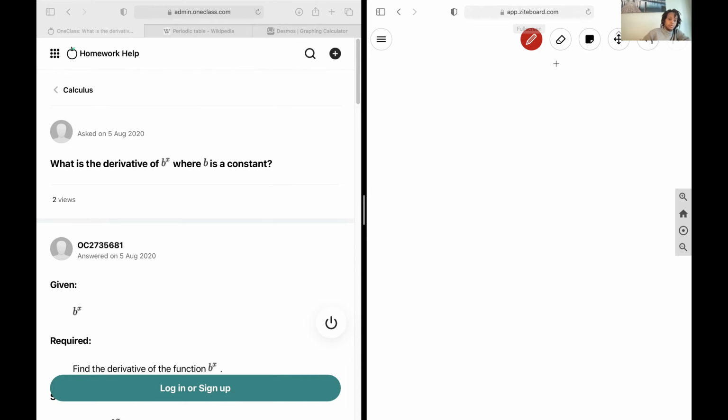Okay, next up we are going to look for the derivative of b to the x. And so how we're going to do this is we need to note, let's say y is equal to b to the x, right? Let's take the logarithm of both sides. It can be to any base. So let's just use base 10. And then we're going to use the property that